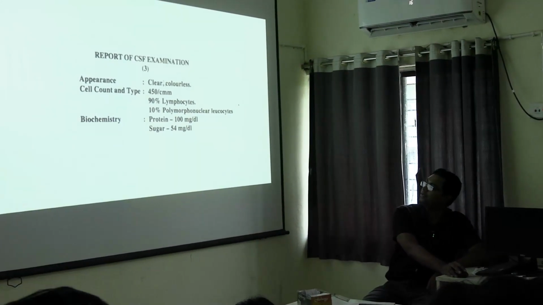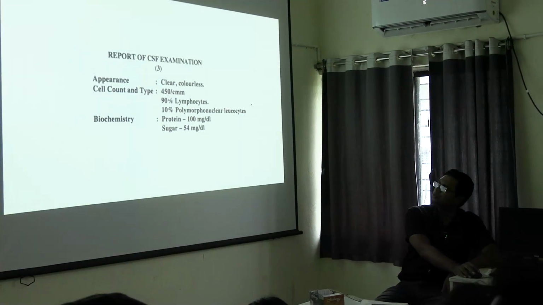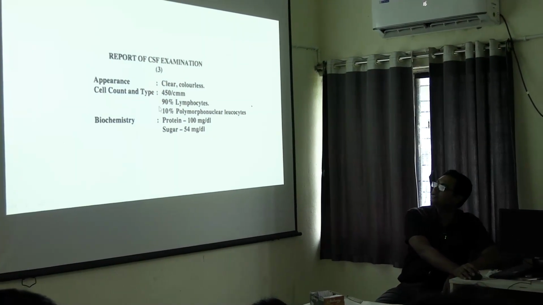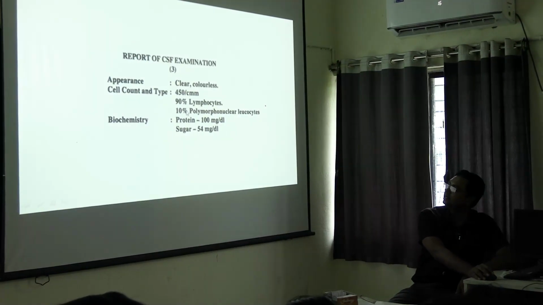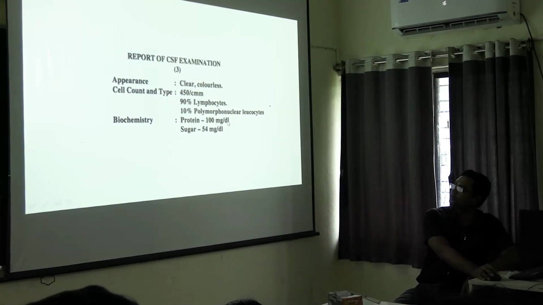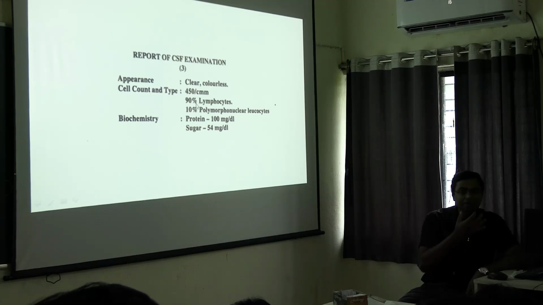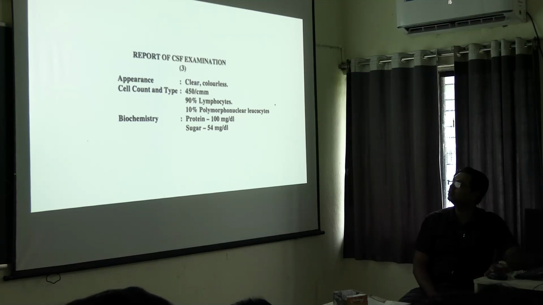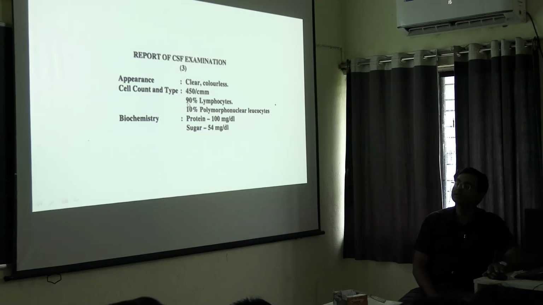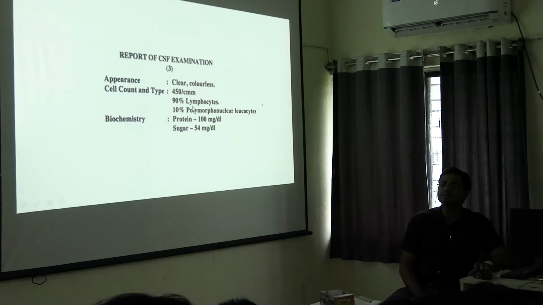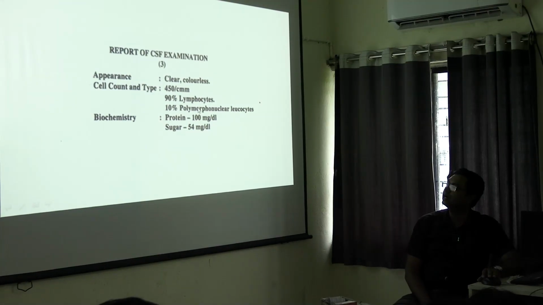Next is the report of CSF: the appearance is clear and colorless. Cell count and type is increased, 450. 90% is lymphocytic, 10% is polymorphs. Protein count is okay, a little bit on the higher side, and sugar is 54, normal. তো কি এটা বল ভাই, কেন ব্যাকটেরিয়াল বলছিস? 90% তো লিম্ফোসাইট, পলিমরফস তো নয়। প্রোটিনটা দেখ মার্জিনালি হাই, বেশি বাড়েনি কিন্তু, সুগারটা কমেনি।